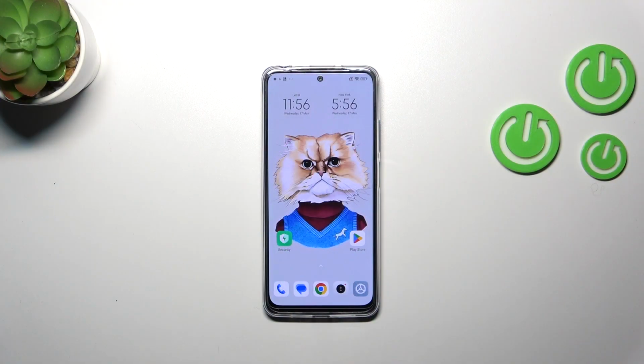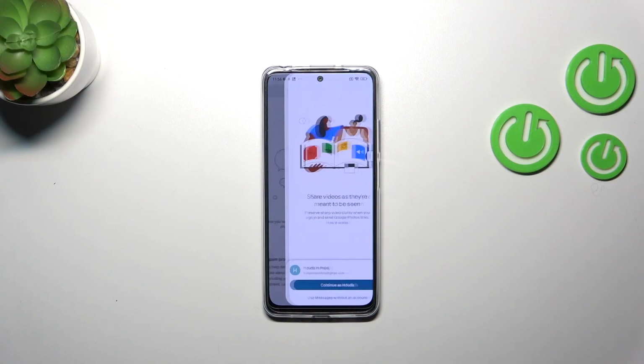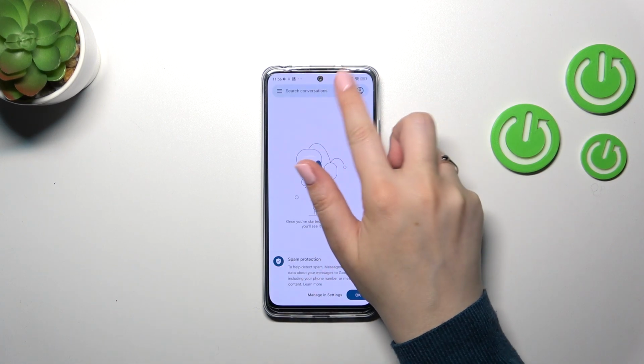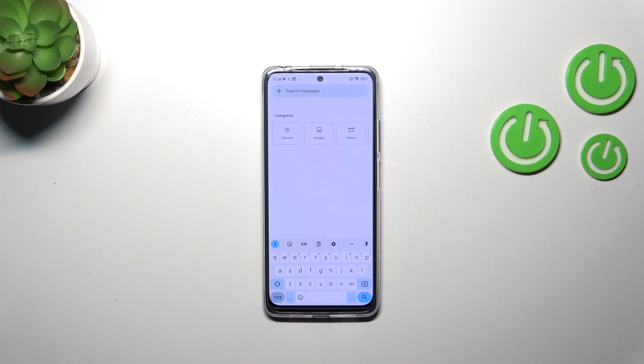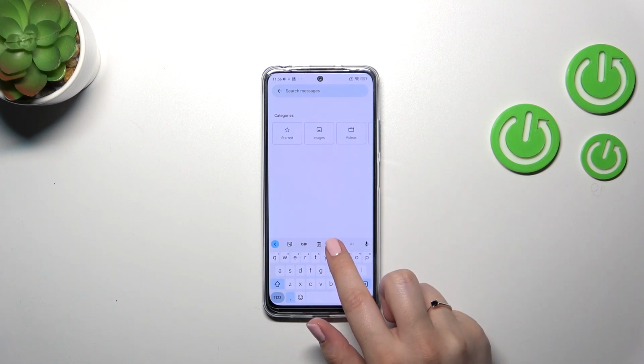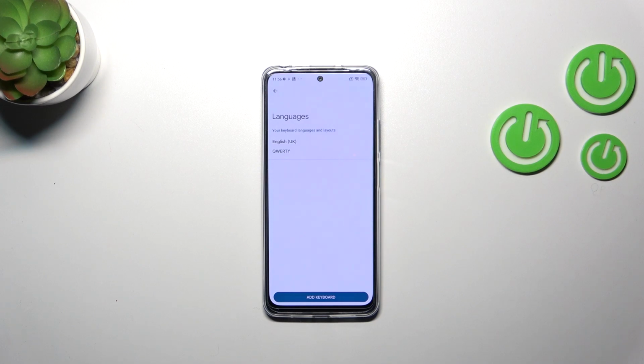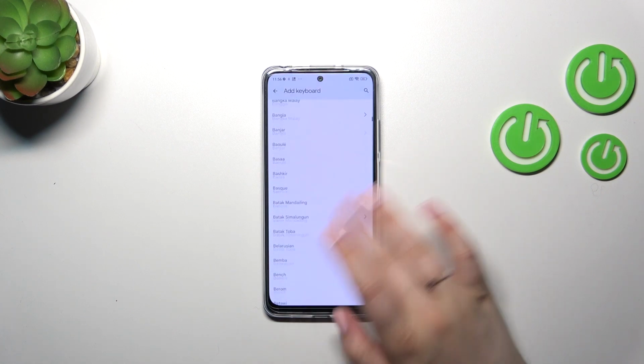So first of all, let's open the app which will provide you with the keyboard, like messages, notes, browser, whatever. Just have the keyboard on the screen like here, and all we have to do is to enter the settings. Now let's tap on the languages, and this is the list of all currently applied languages. We've got only English right now, so let's tap on Add Keyboard, and we've been transferred to the full list